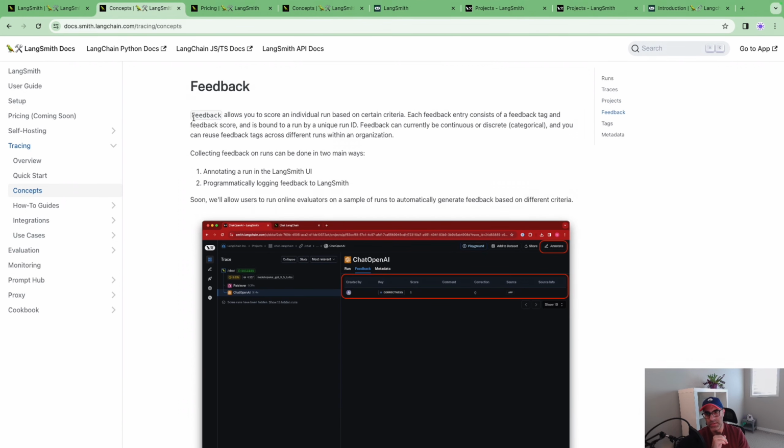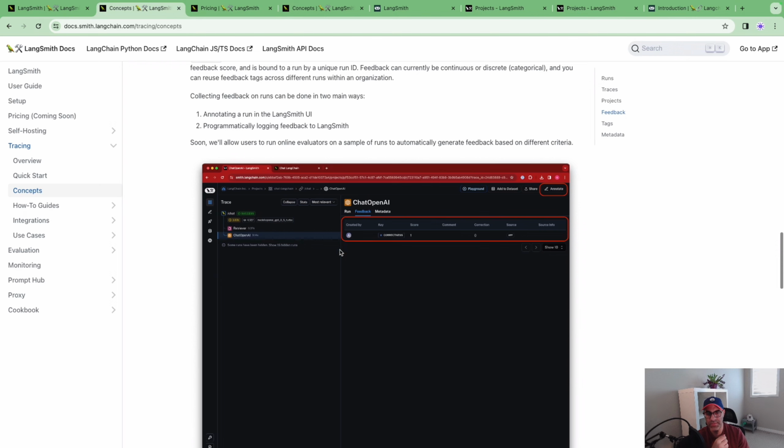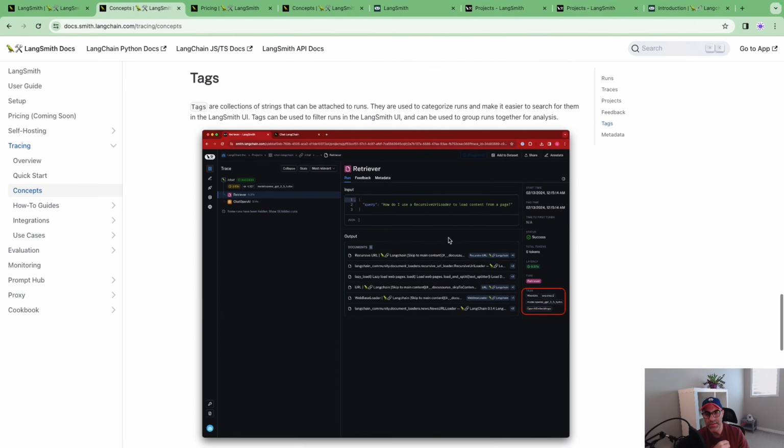You have the ability to put feedback for a specific run or trace. These feedbacks give you the ability to put scores and provide some key or features for that run or trace. You can also put a comment on it. Another interesting thing is you can also have tags for your Langsmith application.